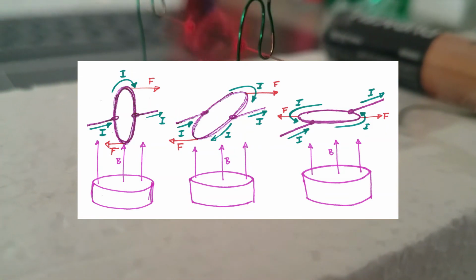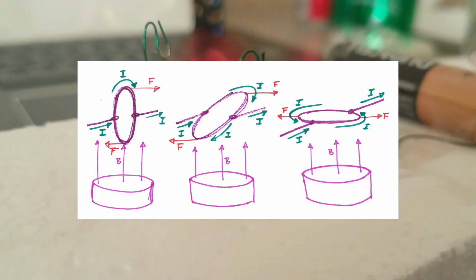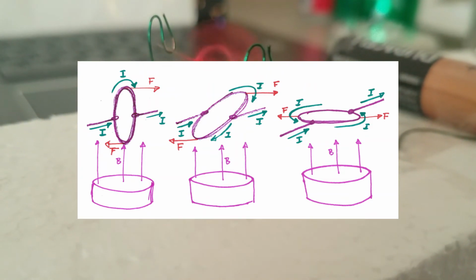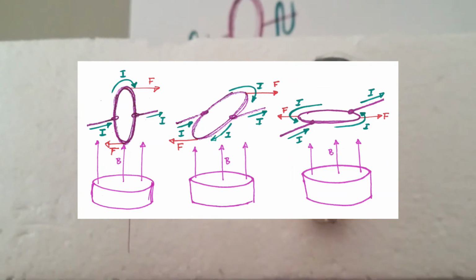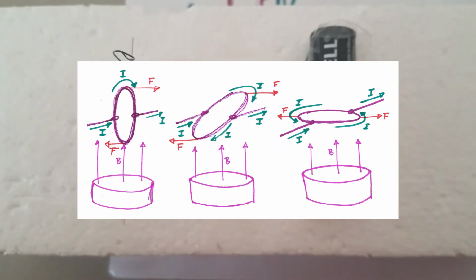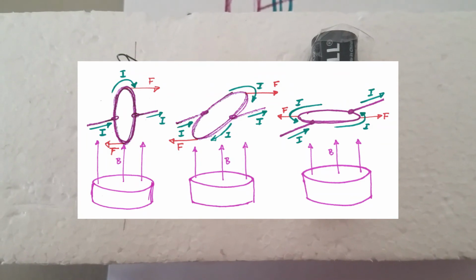And in the next two images you can see that as that happens, the coil is going to turn. At some point the forces will cancel out, but because the coil is trying to overcompensate for that change in movement, it's going to keep going, and the coil is going to keep turning as long as current is flowing